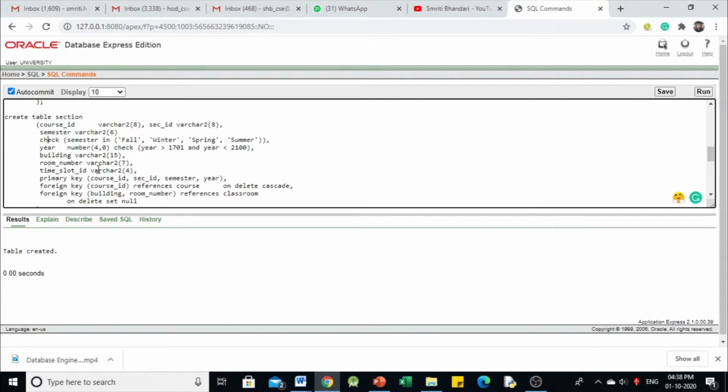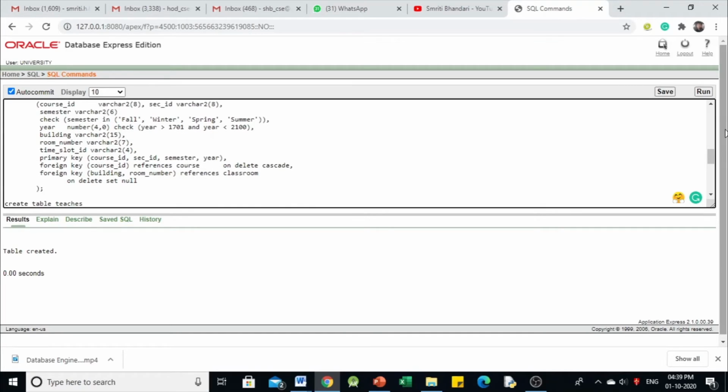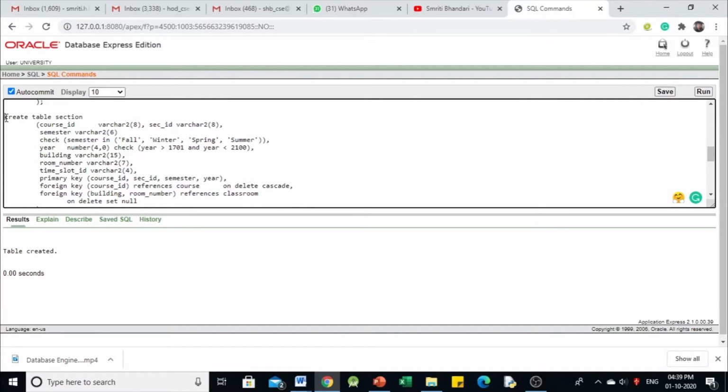So we are having here the check constraint, wherein see the way how we have written this constraint, semester in, and we have provided the set of values. So semester value must be fall, winter, spring or summer. So no other value than the values in this set are allowed, and this is how here we are providing this check constraint semester in, and we are providing the list of values, right? So let's execute now this section definition for section table.